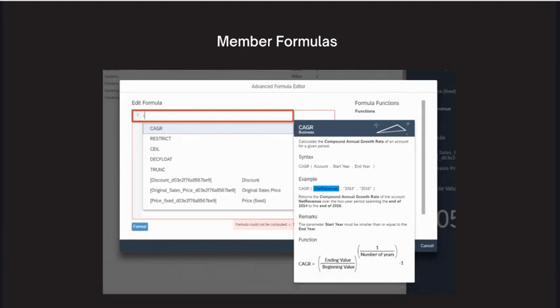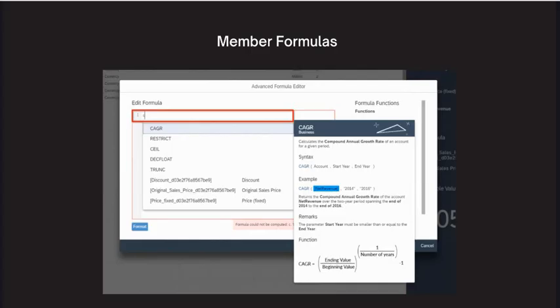Formulas perform calculations on either constant values or members of the account dimension. Some formulas are designed for use in models, and others are designed for use in tables and stories. In the modeler, when you create a new account dimension, the formula column is automatically added. You can enter a formula directly in the formula column, or select a formula cell and click to open the